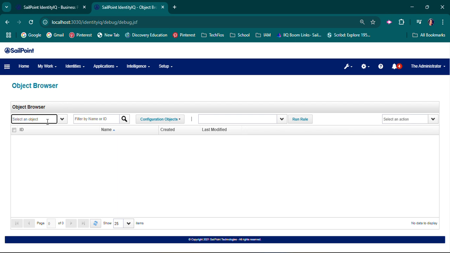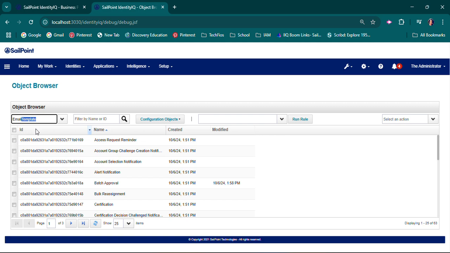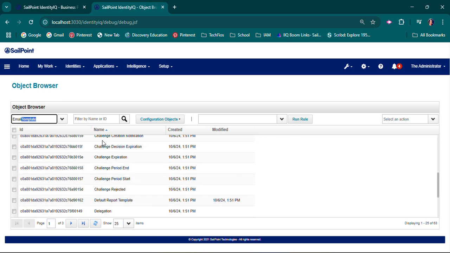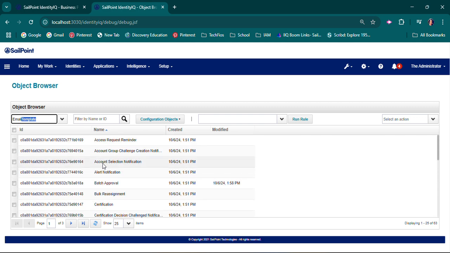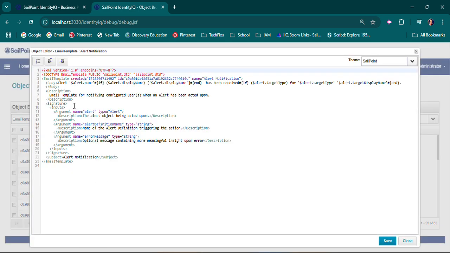So if you go to your debug section, and then under the object browser, you can go to email template, and then here you'll see all of the different types of email templates that you can choose from. And once you click on it, you'll see all the XML format that you can